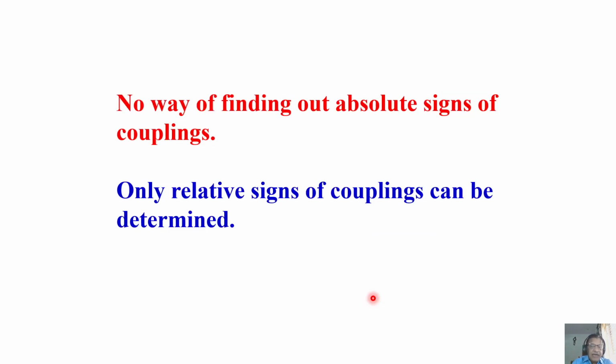But there are some experiments we can do. You do not know the absolute sign of the couplings, but we can find out the relative sign of the coupling. You know what it means? I already told you 1 bond JCH is positive. If I have a spectrum with carbon and proton coupled, I measure couplings. I know 1 bond JCH is positive. With respect to that, I can measure the sign of other couplings in some experiments. So I will not be able to find the absolute sign of the couplings in an NMR spectrum. I can only get the relative signs of the couplings.